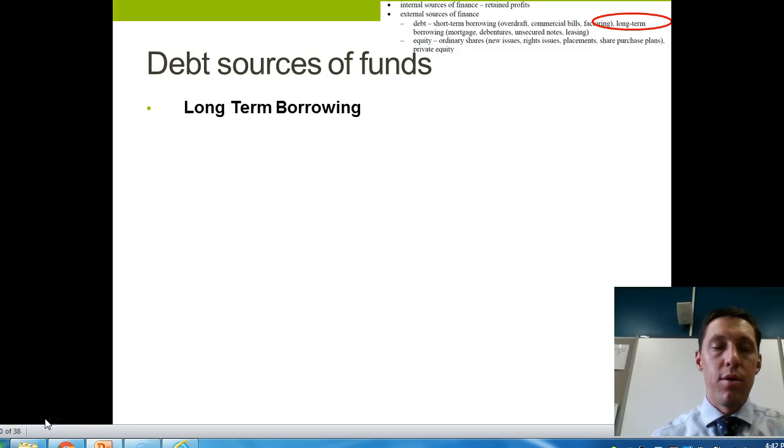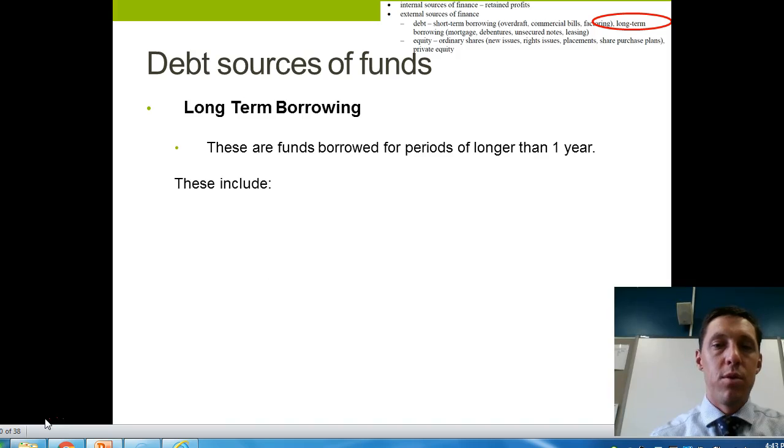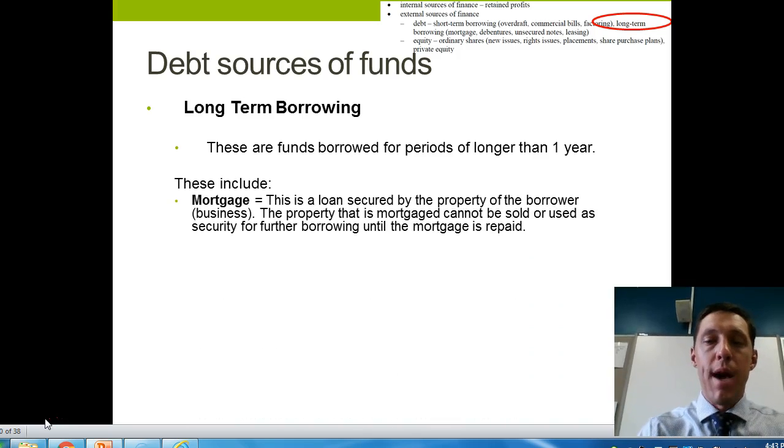So long-term borrowing. Remember, short-term borrowing was for those amounts borrowed for up to 12 months. Long-term borrowing is for longer than 12 months, or longer than 1 year. So what are our major types of long-term borrowing? Firstly, we've got a mortgage. As I think most people understand, a mortgage is unique in that it is secured to a property. So that might be a commercial property, meaning some sort of office space, or it may be a residential property,